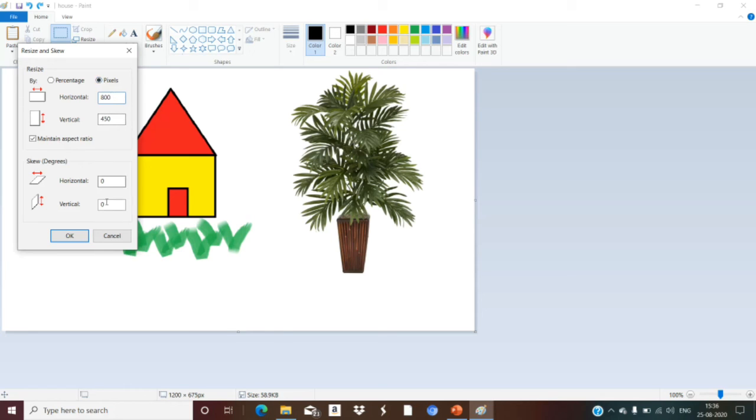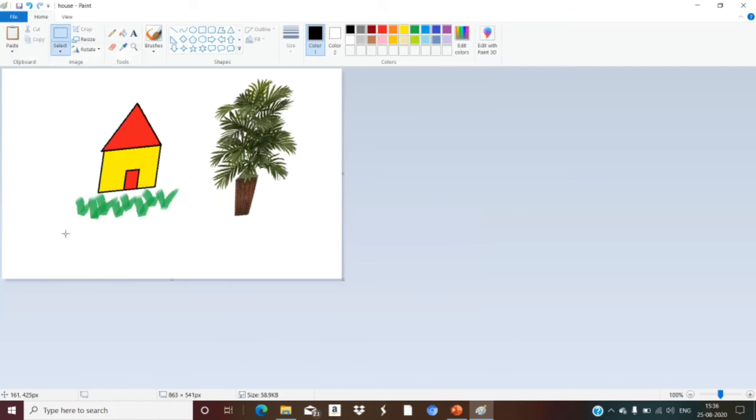Then skew also. Now what is skew? I will show you the effect of it, then I will explain it in theory. For suppose I write here 8 horizontally and vertically I write here 6. See here you can see the effect of it. The size is also decreased and there is a change in the appearance of the picture. Now, what is the change? How is the change there?